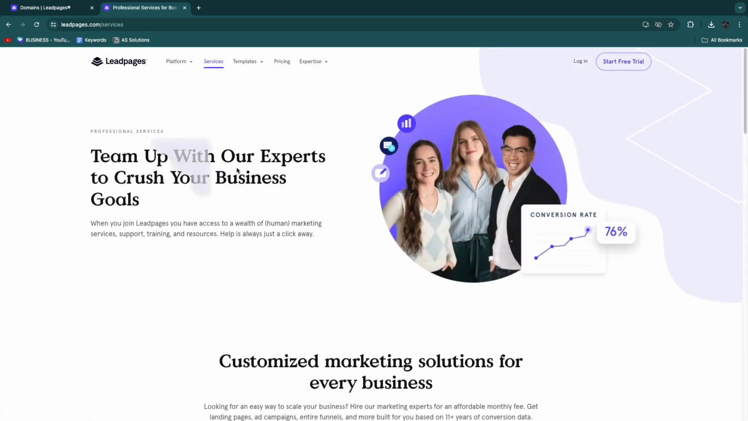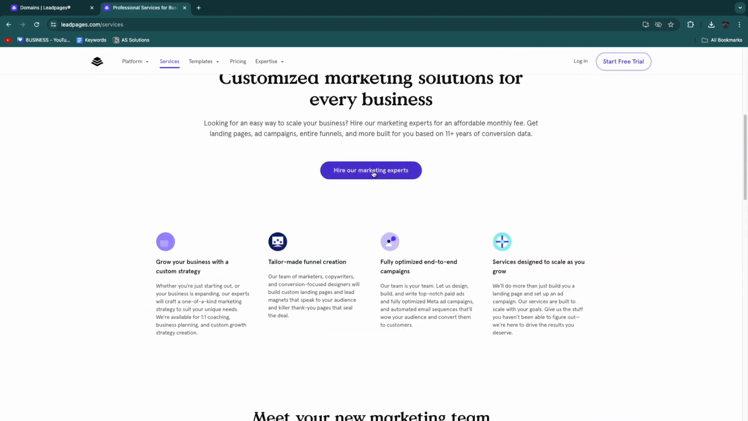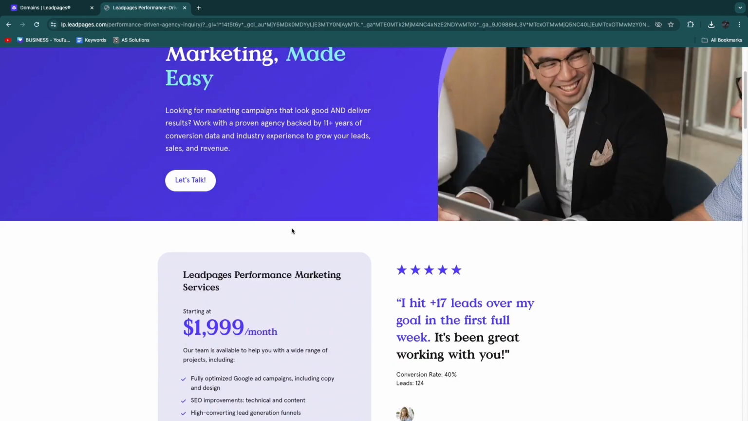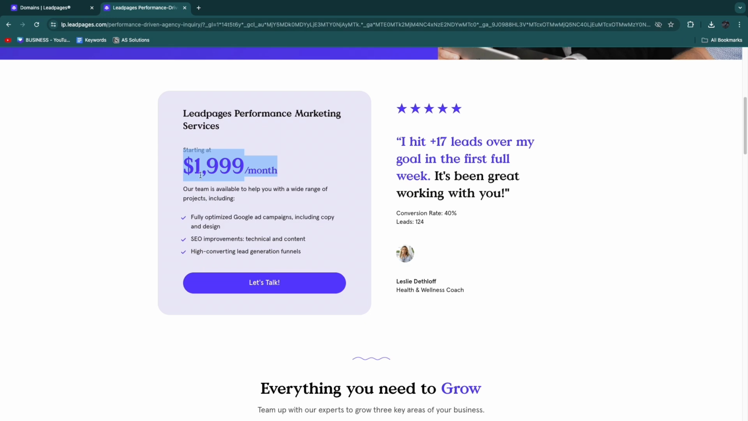So you can team up with the LeadPages experts, and basically they have a team of experts at LeadPages that you can hire. And if you click hire our marketing experts here, you will see that the LeadPages performance marketing services starts at nearly $2,000 per month. And what they will do for you is they will get you a fully optimized Google ad campaign, including copy and design. They will do SEO improvements, so technical and content,